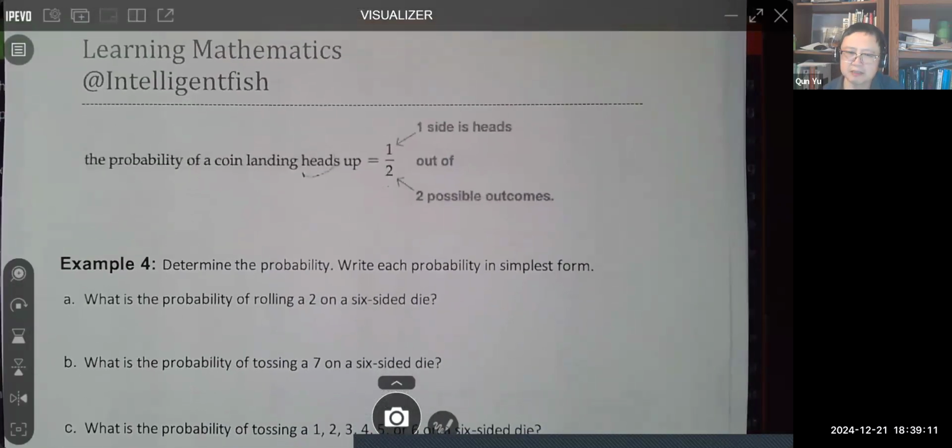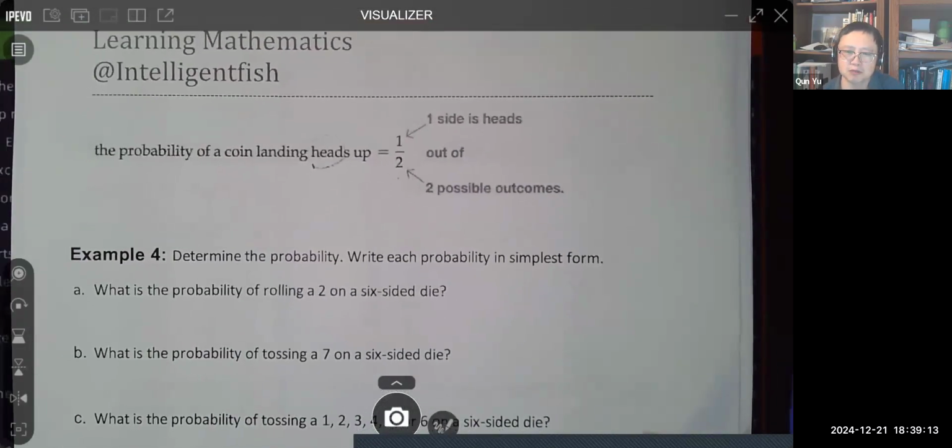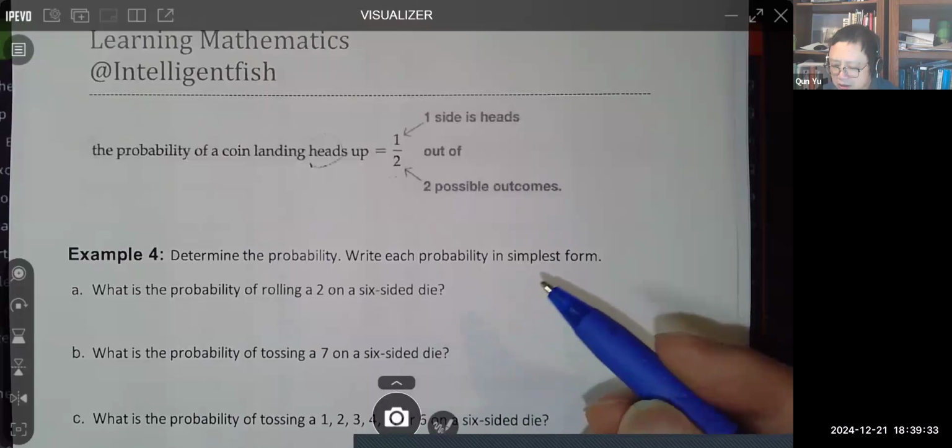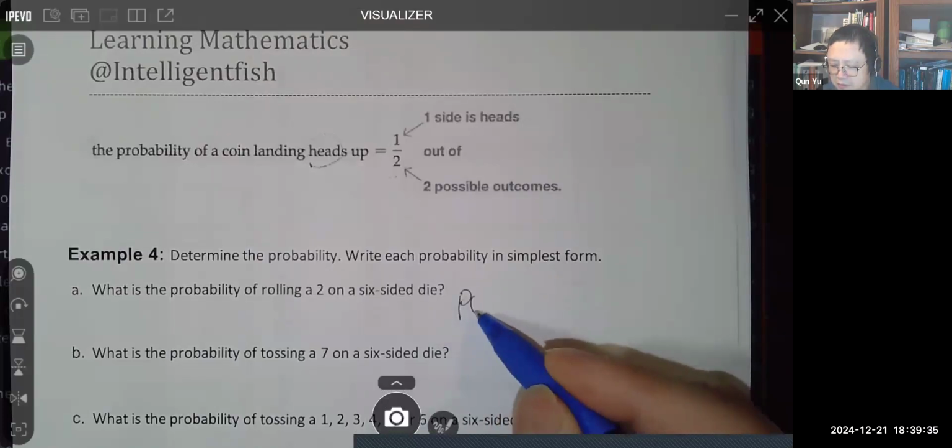Now let's look at example 4. Determine the probability. Write each probability in the simplest form. That means reduce your fraction to simplest form. A, what is the probability of rolling a 2 on a 6-sided die? That means those 6 numbers, 1 through 6, right? Since they have equal chance to show up, so the formula, we want to have 2,